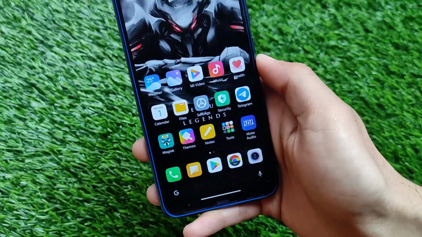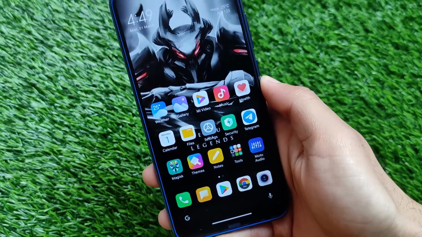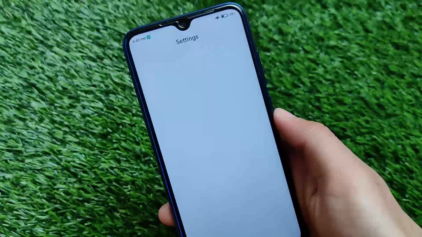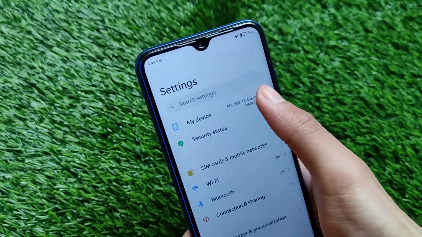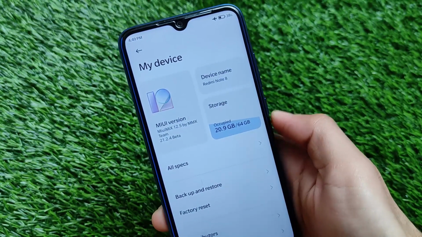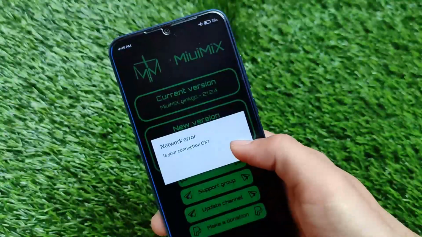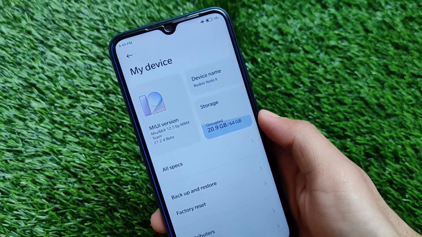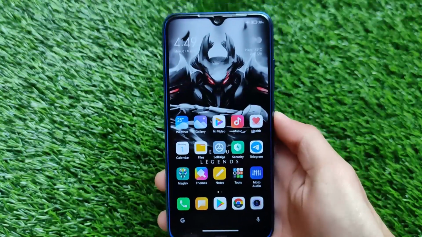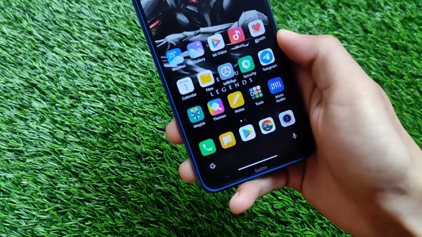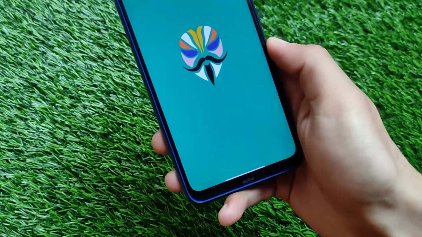I have tried a new Magisk module which is by my friend Xerix, and whole credits to him. This one is a very interesting module which you can also give a try on your device. In my case, I am using it on my MIUI 12.5 running device, Redmi Note 8. You can try it on other devices also. I am using the latest MIUI 12.5 updated China beta based ROM on my device. It's working perfectly fine. It's just a Magisk module which can be installed on other devices also. The link for that Magisk module is in the description. You can give it a try if you want to.